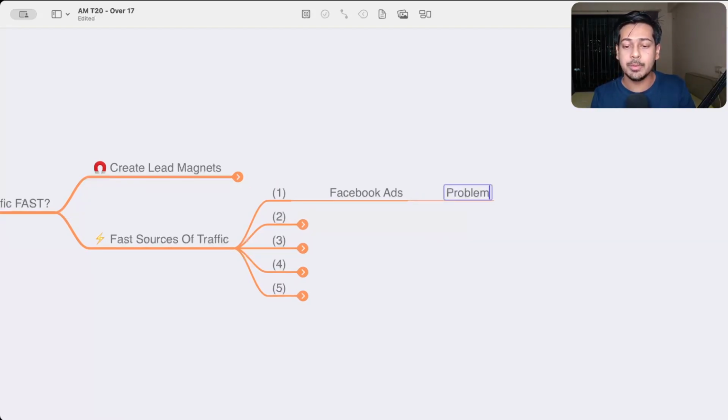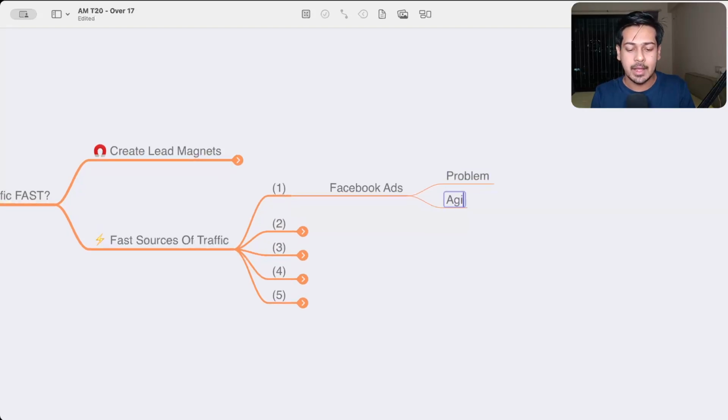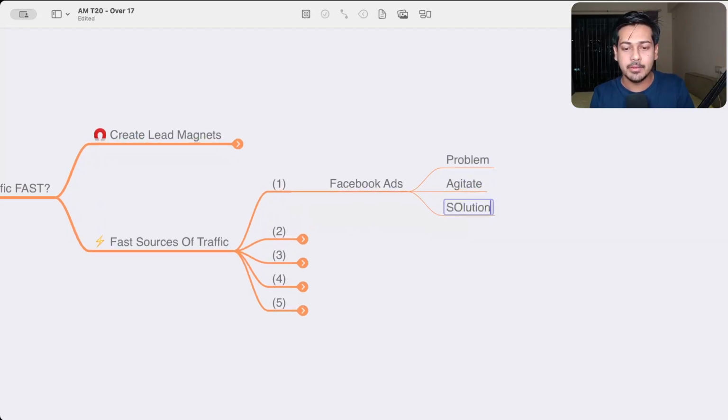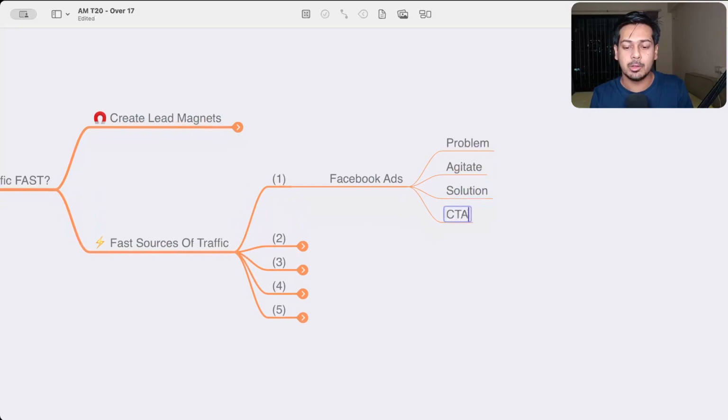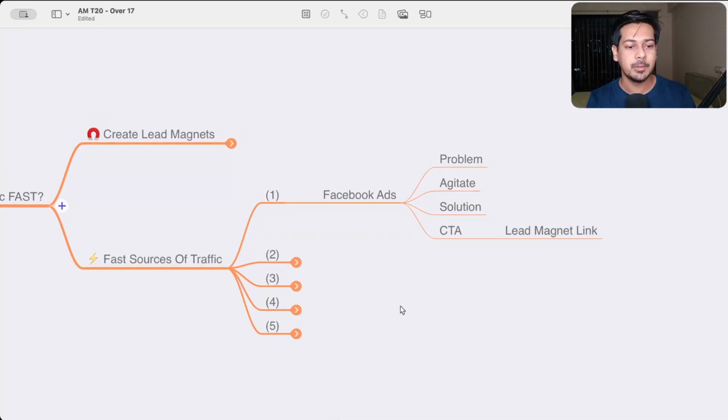start with a problem that they'd be facing, then agitate the problem, then give the solution, and then the call to action, which will be the lead magnet link. Okay, so if I were promoting my affiliate marketing webinar, I'll follow this framework, the PAS framework,